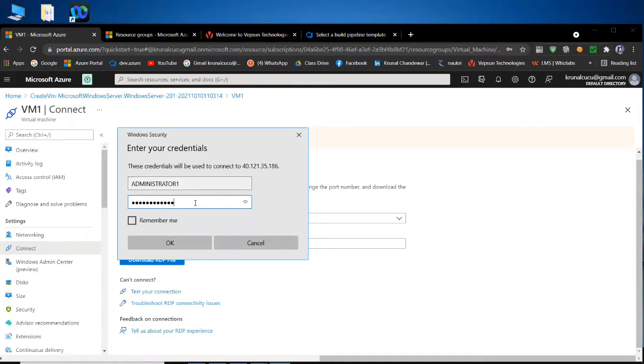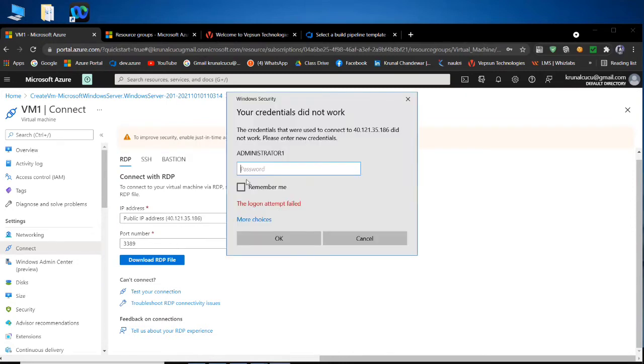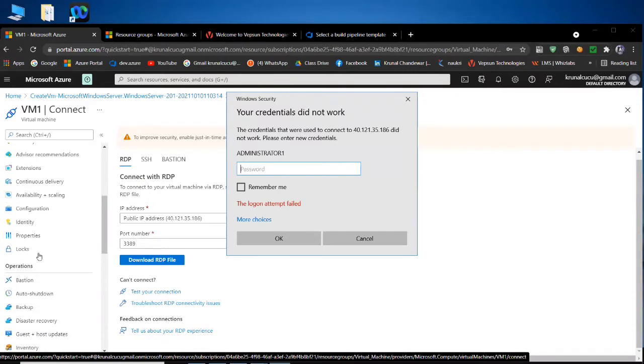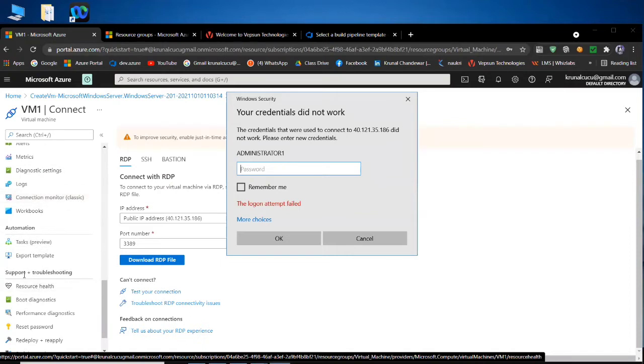But what I will do, I want to write down my password wrong. So I'm deleting one alphabet and I will press OK. And he says, password is incorrect. Your username is correct, but your password is incorrect. So what to do? Now you forgot the password, but you know the username. So in here only you are getting one option of reset password.